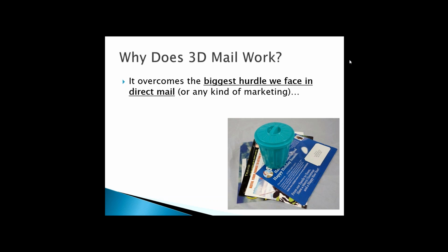But anyway, that's cool. So 3D mail. It overcomes the biggest hurdle we face for any kind of marketing, which is getting opened, heard, or read. And keep in mind, any message that isn't opened can't be acted upon. So if we send out,